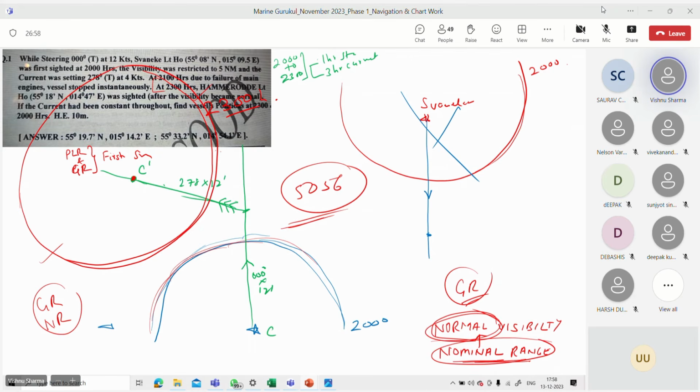So for the last part of it, there is definitely a misprint in the question. It is not clear. I think it should have been nominal. If the word was nominal, then those who are doing it with the 18-mile range are correct. Only thing is, normal has to be read as nominal, beta. And who knows, there may have been a correction also in the paper. You never know. So don't break your head on this.